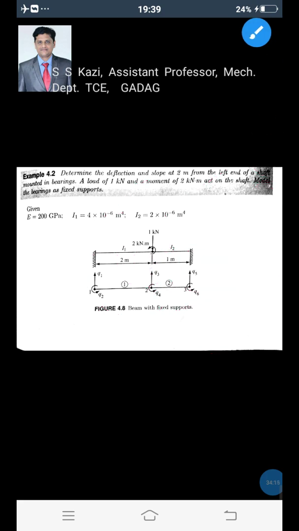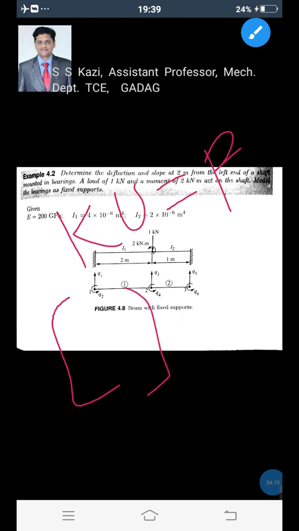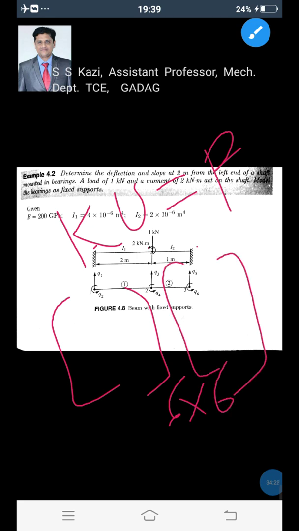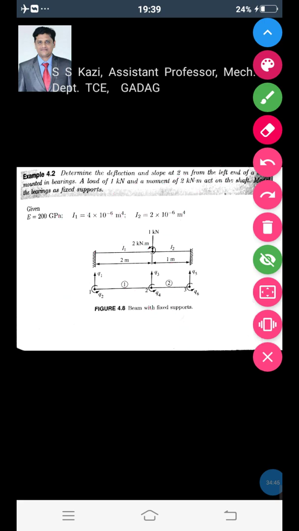Next, for the global equilibrium equation, you write Ku is equal to F. Since there are 3 nodes and at each node 2 unknowns, you will get a 6 cross 6 global stiffness matrix, and 6 unknowns u1, u2, u3, u4, u5, u6. u1, u2 are the deflection and rotation at node 1. u3, u4 are the deflection and rotation at node 2. u5, u6 are the deflection and rotation at node 3. This is equal to F1, M1, F2, M2, F3, M3.